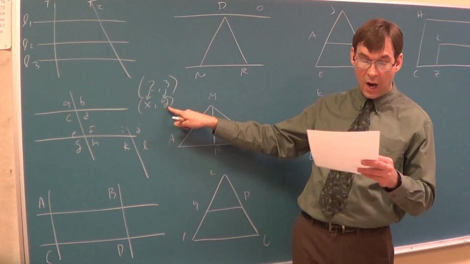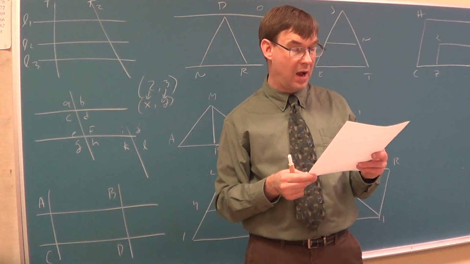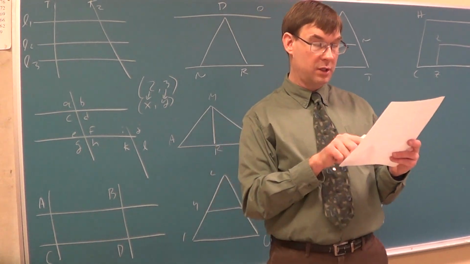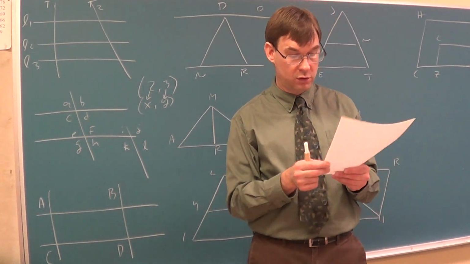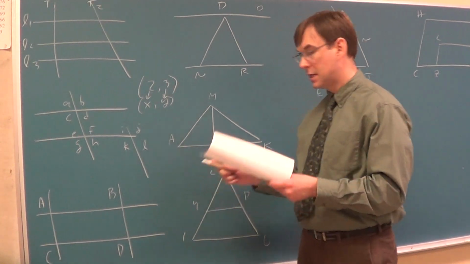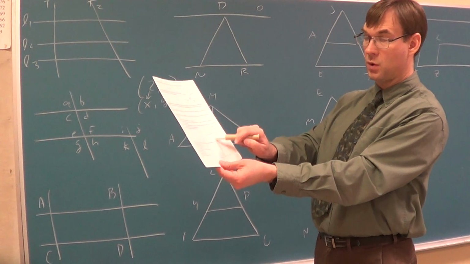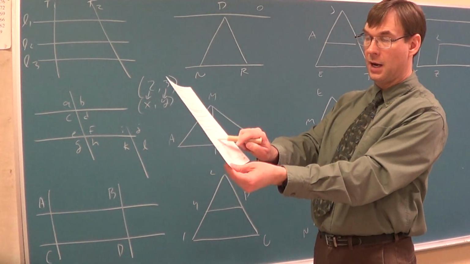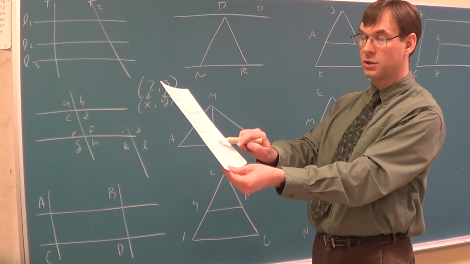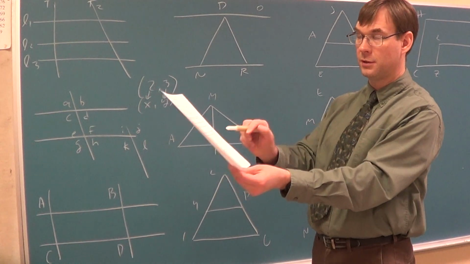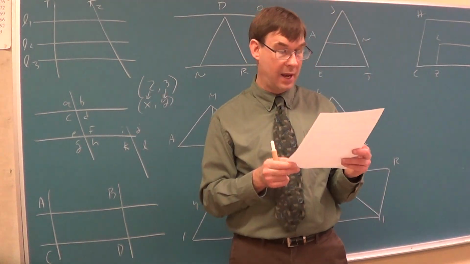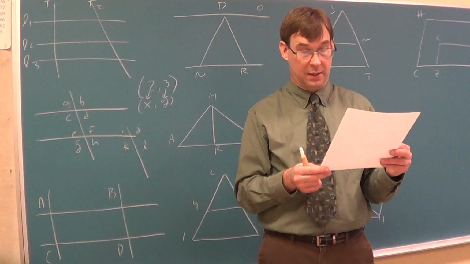The 3 is the y-coordinate, that's telling you to move up 3. So we'd start at the origin, and I'd go over 2 squares and up 3. So you can see I drew you a little grid here. You start at the origin, which is where these two lines are crossing, and if I go over 2 corners and up 3 corners, I'd land on that dot that I labeled with an A,